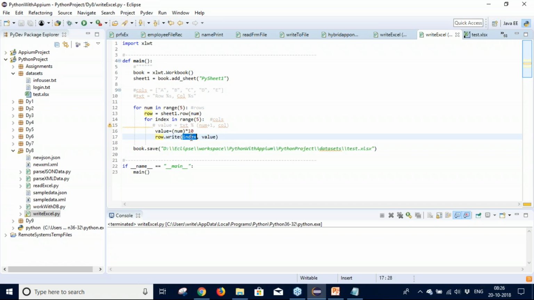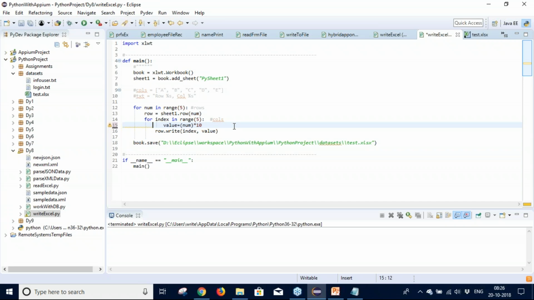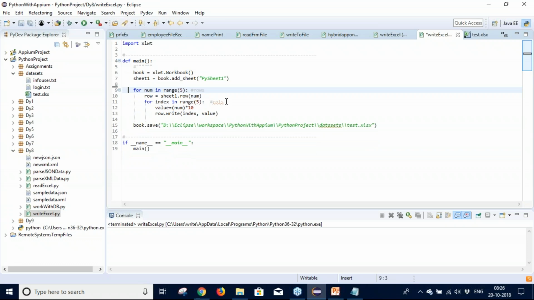So what is index? Index is the number of the column, that is the ID of the column, and value is the data which I want to write. Index is where I want to write in the row, and value is the data created which has to be